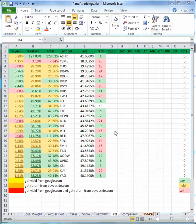Since this is Wednesday, I won't be updating the figures, because I only do that at the end of the week. What we're looking at now is my old ETF screening sheet. I had erased all the figures in this area here